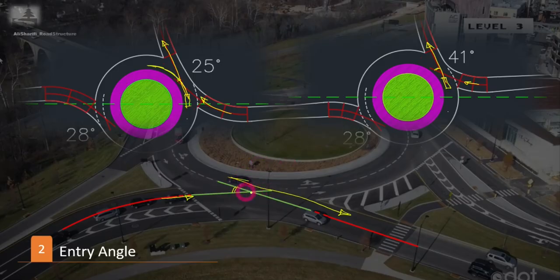To avoid these issues, there is a recommended range for entry angle. Wisconsin DOT recommends a range of 20 degrees up to 30 degrees. It also mentions that roundabouts with entry angles more than 16 degrees also have acceptable performance. So you may want to consider 16 degrees as a minimum for entry angles of multi-lane